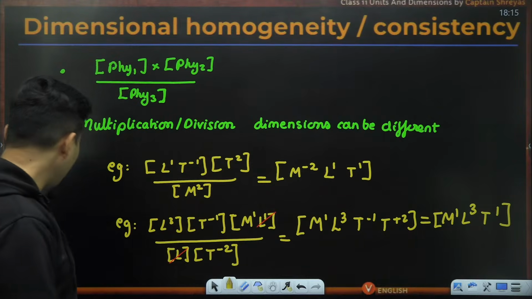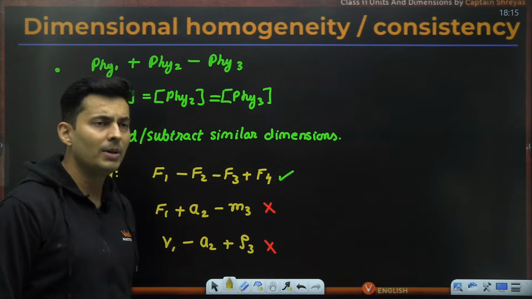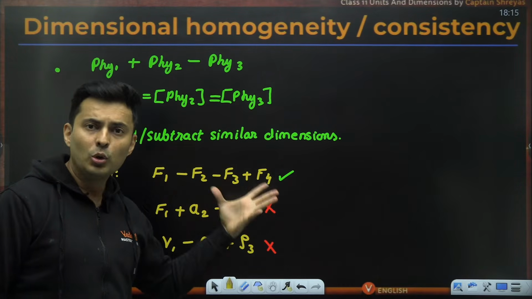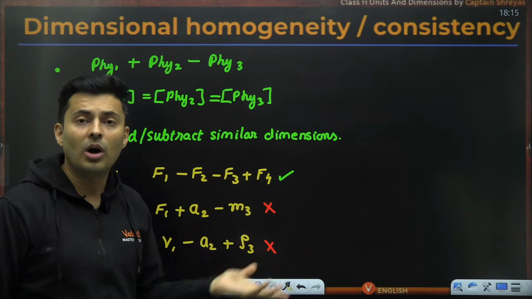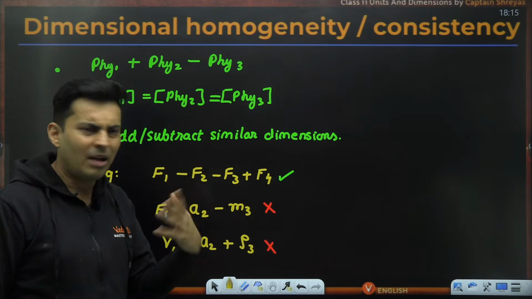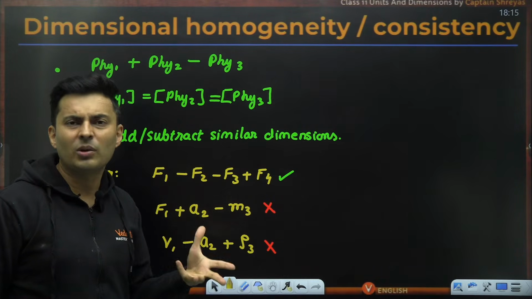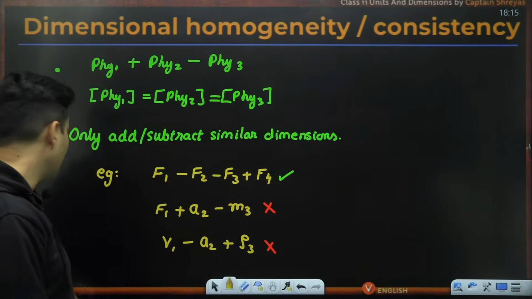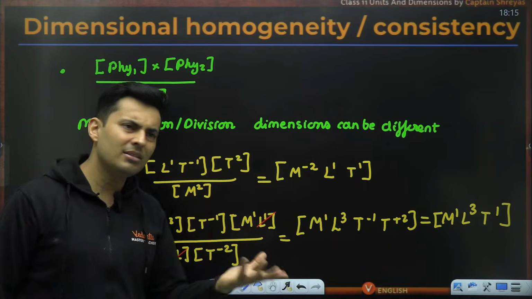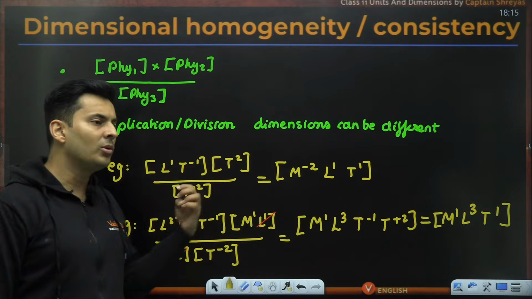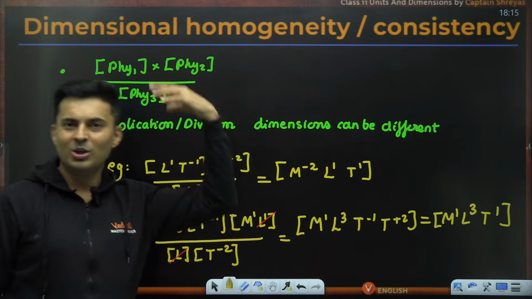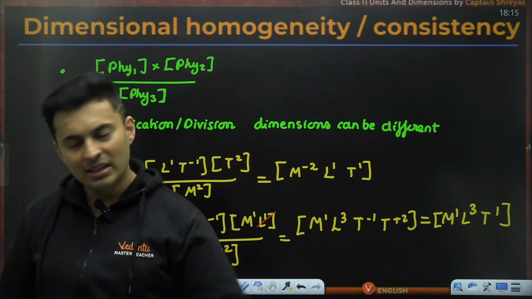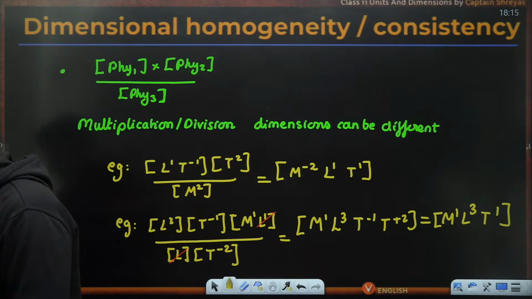Only while adding or subtracting, you need to be careful, because I can't say 2 apples minus 3 oranges is equal to how many apples. You'll be like, what? Apples and oranges? How can I subtract or add? So it is not making sense. But for multiplication, it is fine, like 5 oranges into 10 rupees. So I will get the total cost. That's perfectly fine for multiplication and division.